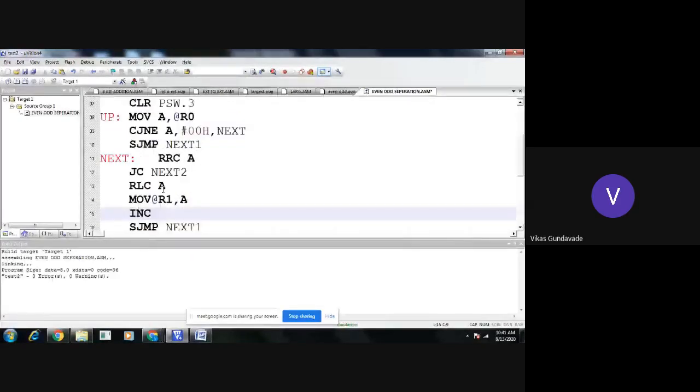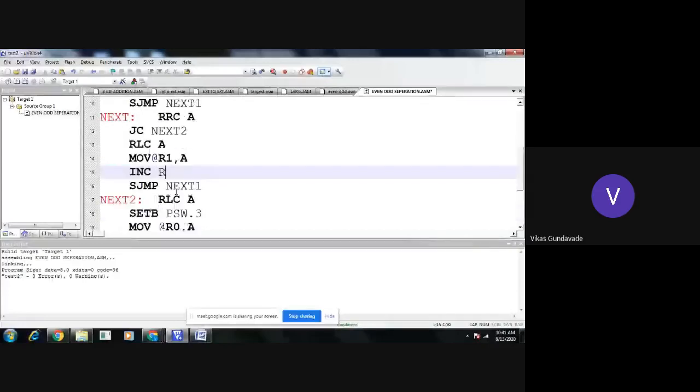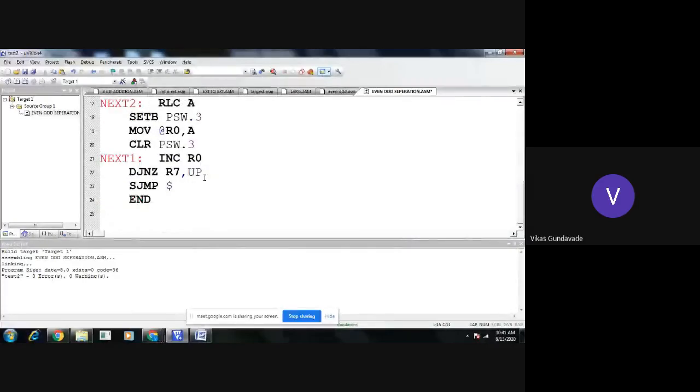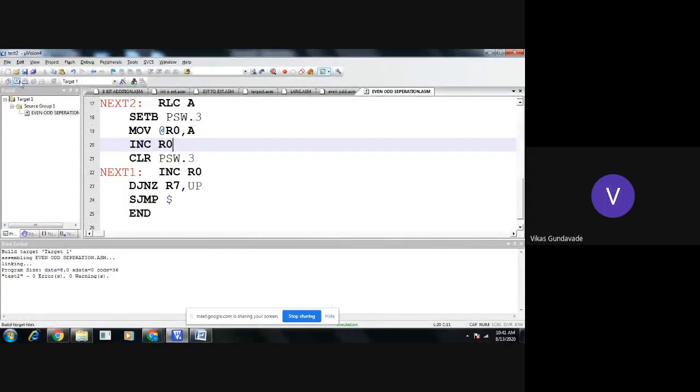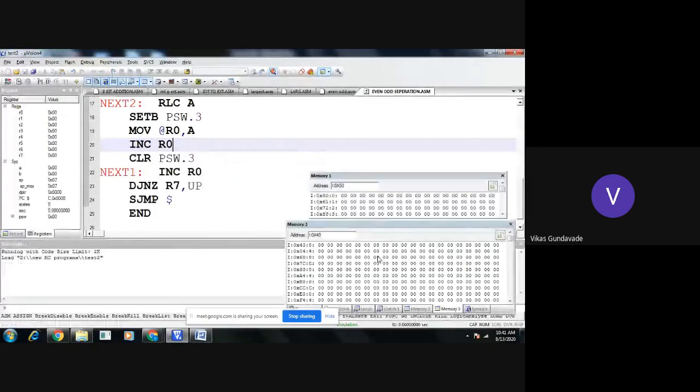So we need to increment the memory location that has been skipped here. Here also we need to increment the memory location. INC R0. Okay, that was remaining, due to which all the contents are loaded into the same location. So we are observing only one at 40th and 50th location. Okay, so this was a silly mistake.